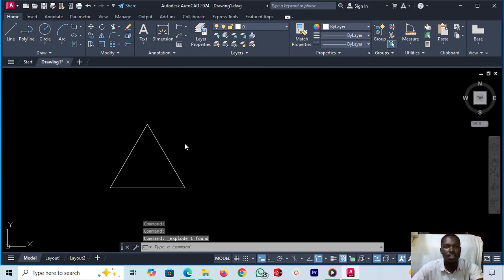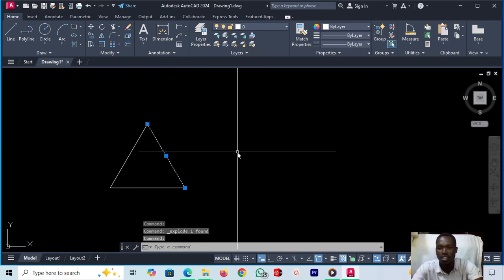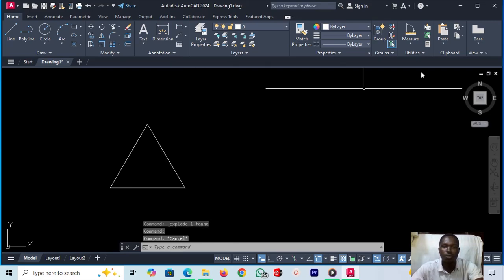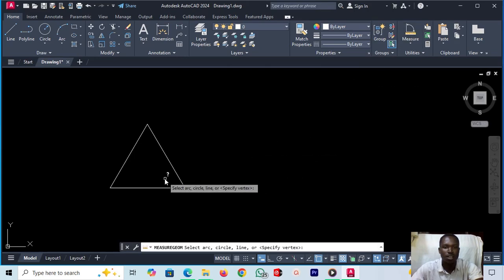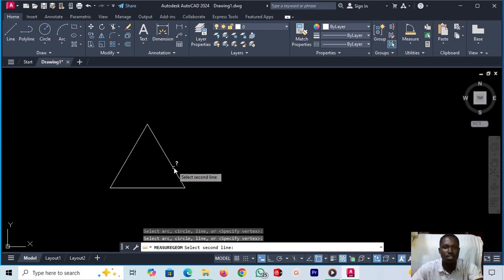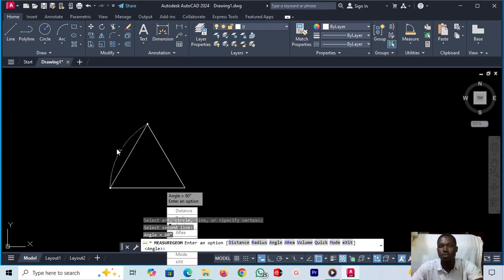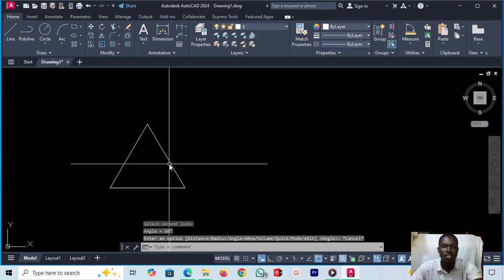We click on it, and then we shall find only one segment being selected. If we are to measure the angle, we select the first line, select the second line, and our angle will be 60 degrees. So that was a recap of what we did in